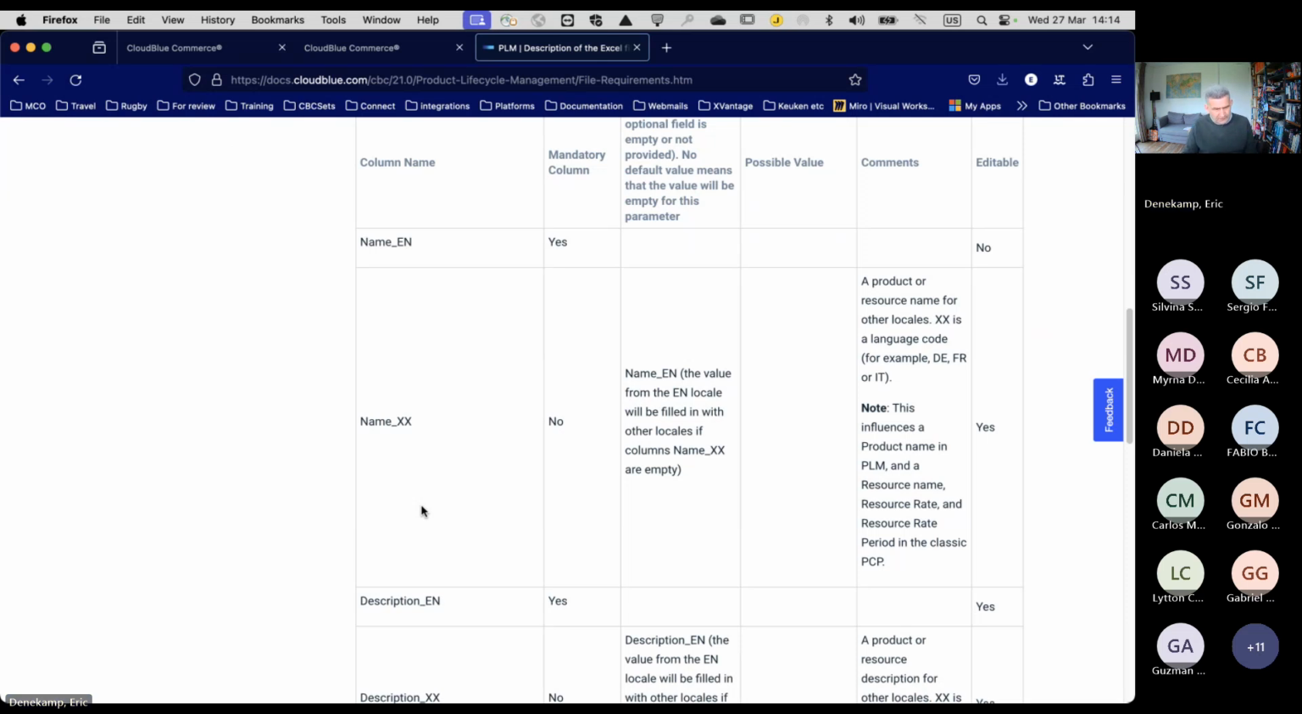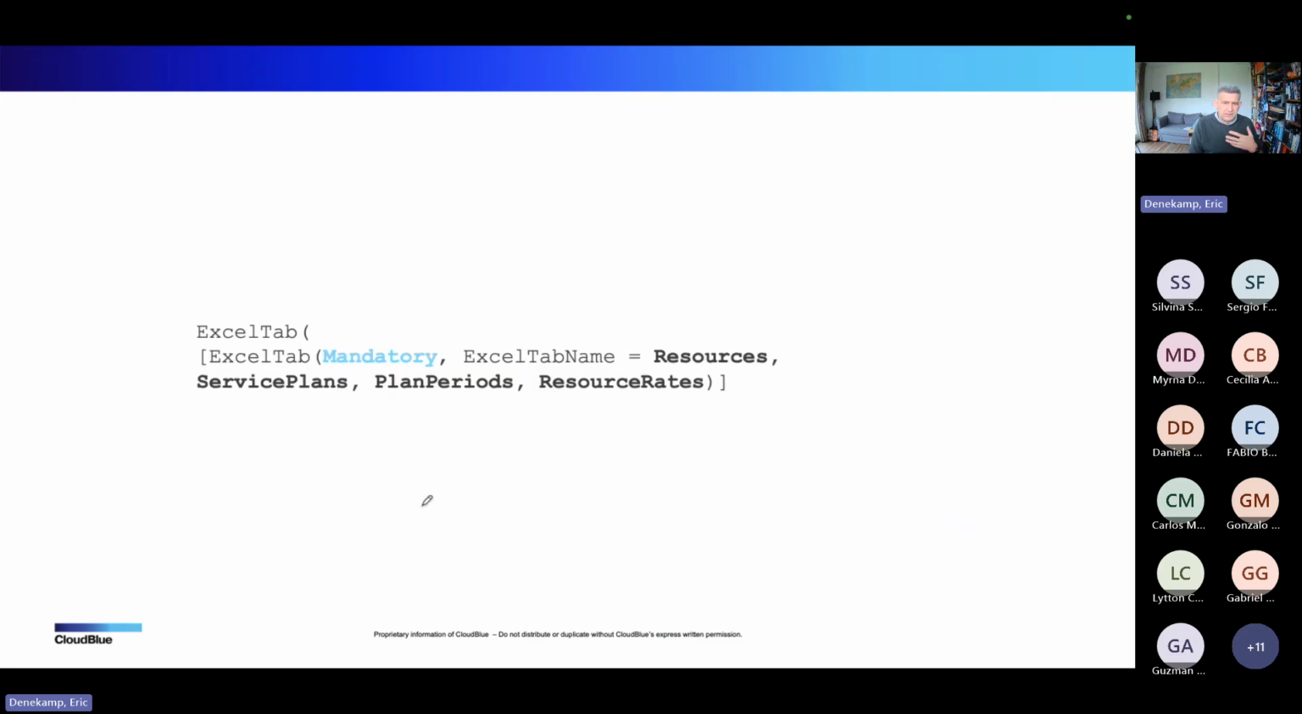So let's go back to the slide deck, because now we have a slide that shows me what are the mandatory tabs. At least for every single product, I need 4 tabs. The resources tab, the service plans tab, the plan periods tab, and the resource rates tab. So what are we talking about? We're talking about which resources do belong to this specific product